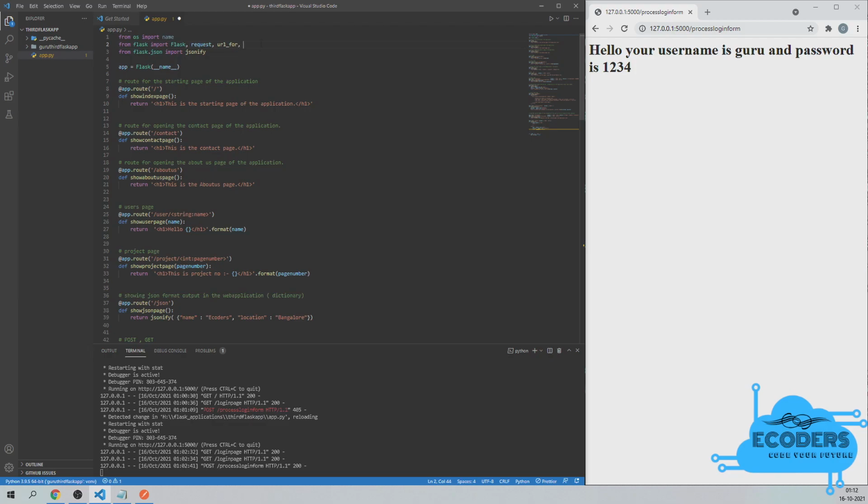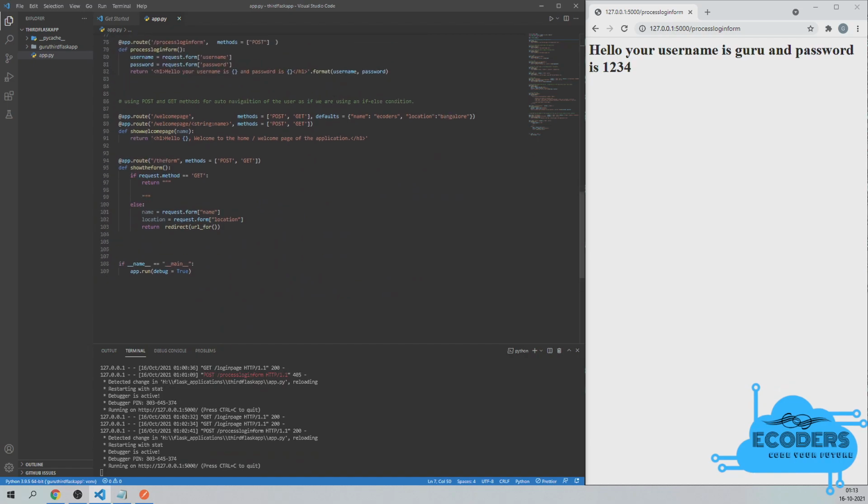And now again we are going to mention one more function we require, that is redirect. So let me save this and come here at the bottom of the file. Here in line number 103 we are going to mention that particular welcome page name. So here we are supposed to mention url_for inside that function, in single quotes, the welcome page name, whatever name we have given over here. So let me copy that from the top and paste it here.